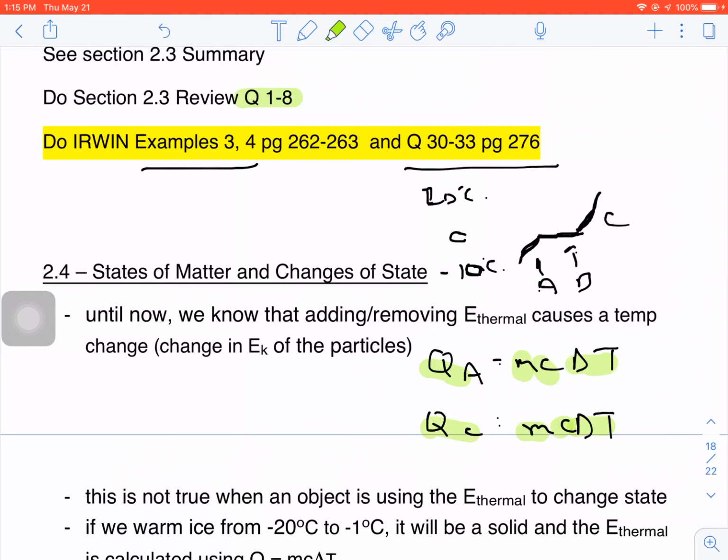Question is, what happened between A and C? Did the ice stop absorbing energy? No. So was there still a Q value? Yes, I'm still transferring thermal energy to that ice as I'm continuing to melt more and more of the ice until it's gone. All the way through this little section right here, I'm going to continue to add energy to my ice, but there's no delta T. So for QB,